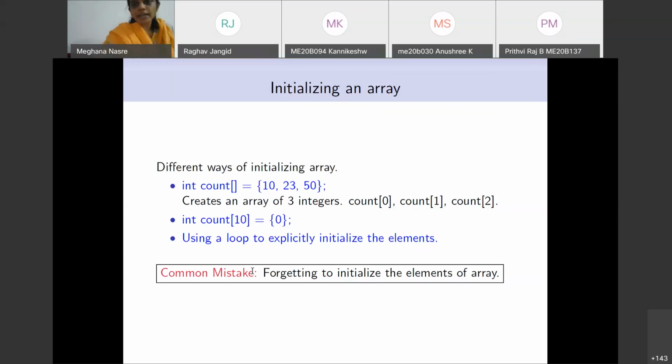Just like you have seen in quiz 1, the question where prod was not initialized, it would not compute whatever x to the power n was given to you. Similarly, forgetting to initialize elements of the array will lead to incorrect behavior in the program.